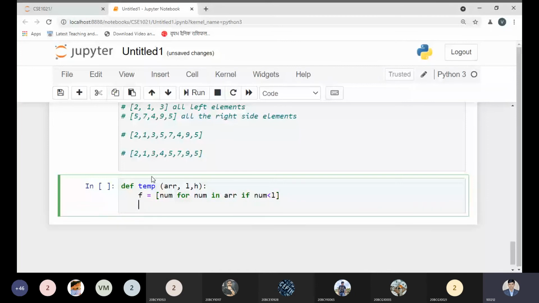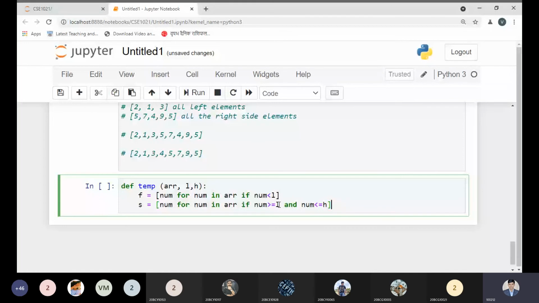this number is less than low. And I'm checking the second part. Instead of doing so, I can use an in-between condition: num is greater than or equal to low and num is less than or equal to high.